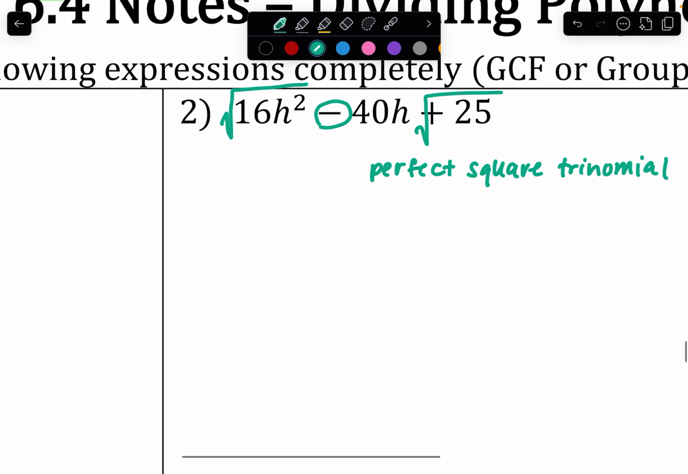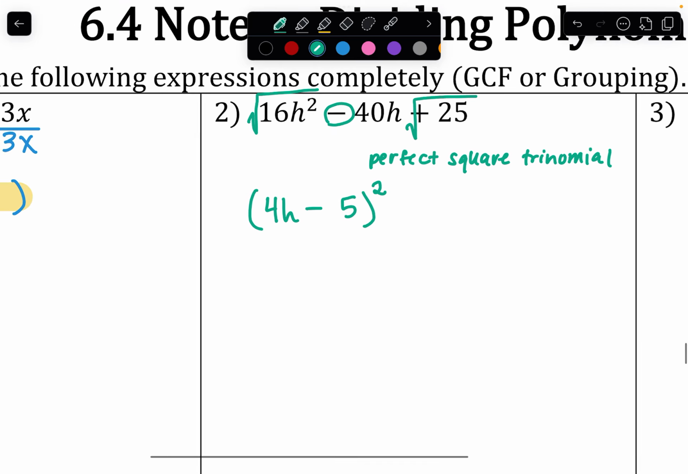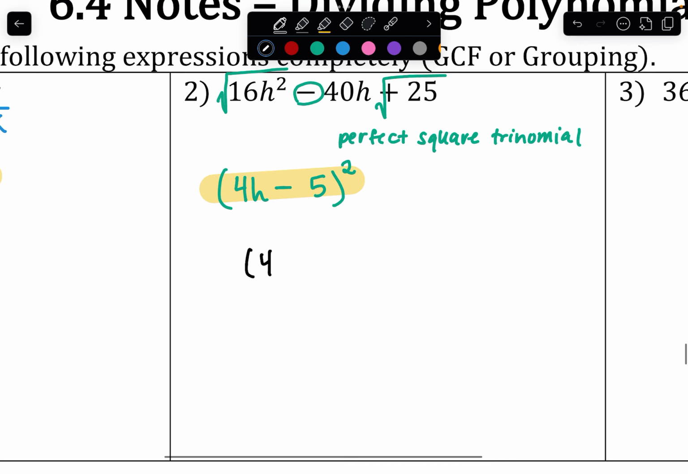Okay, and so square root the first, we get 4h. Square root the last, we get 5. And then you're copying the sign of the middle term, add parentheses, and then a square. And so you can verify that this is the correct answer by multiplying it out. Okay, and so 4h minus 5 times 4h minus 5